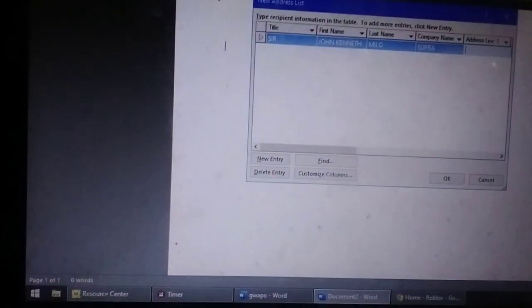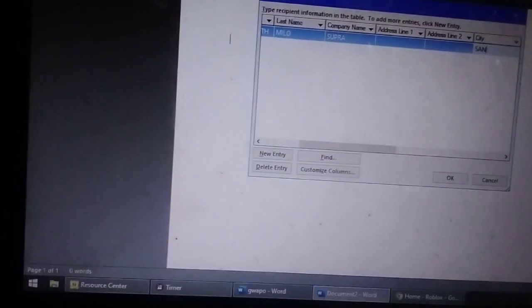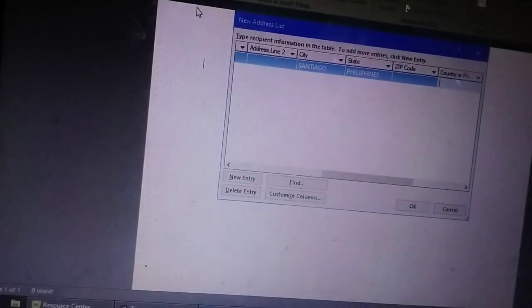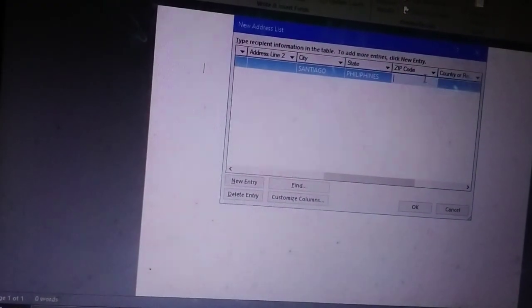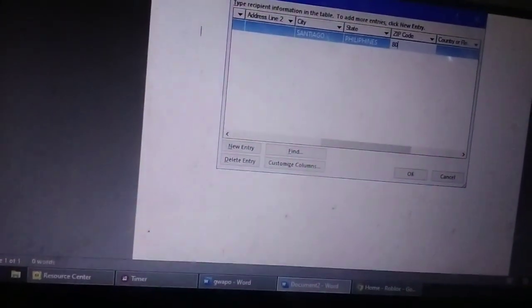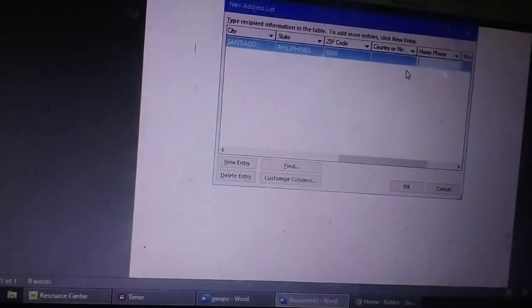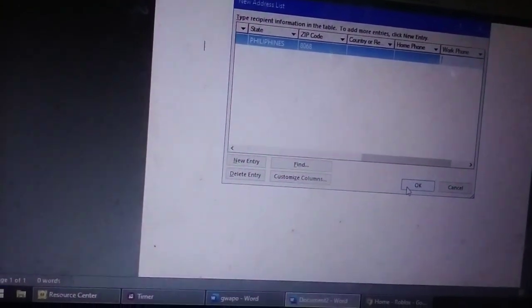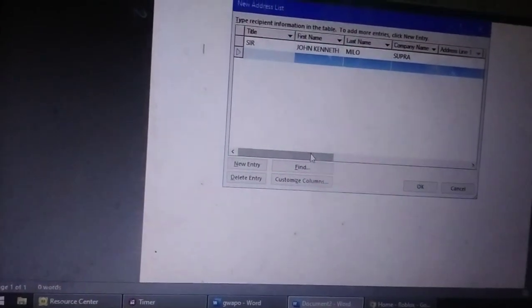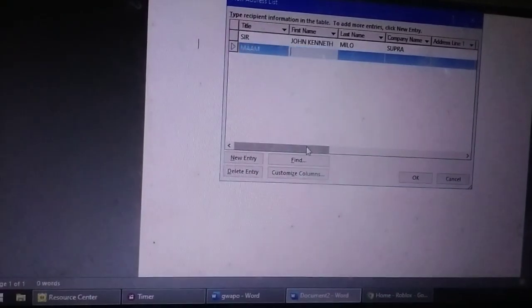So you're going to type, then after the title you put sir. This will be your title. First name, you're going to put first name here. That's first name. Last name, this is my last name guys. Just follow my steps. Sorry if I made a bit too many mistakes here. Company, I did not think of any, so I'm going to put Sopra.